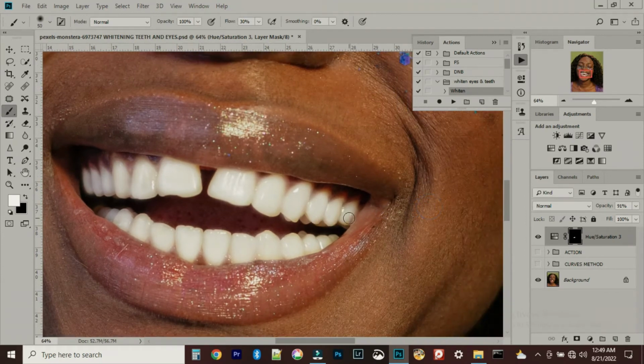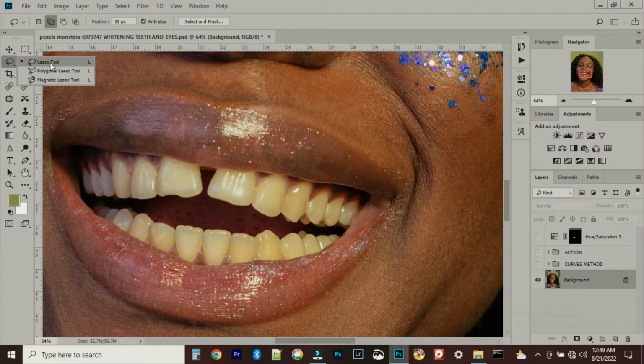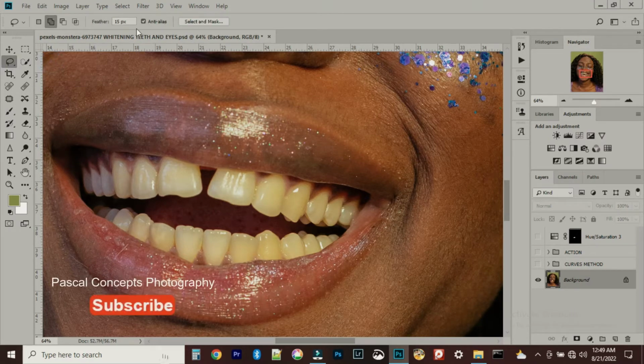Okay, so the second method is using the curves. You use the hue and saturation and curves. So this is how it goes. Pick your lasso tool. My feather is on 15, yours can be between 5 to 10, or 15. So mine is on 15 pixels. So just select,